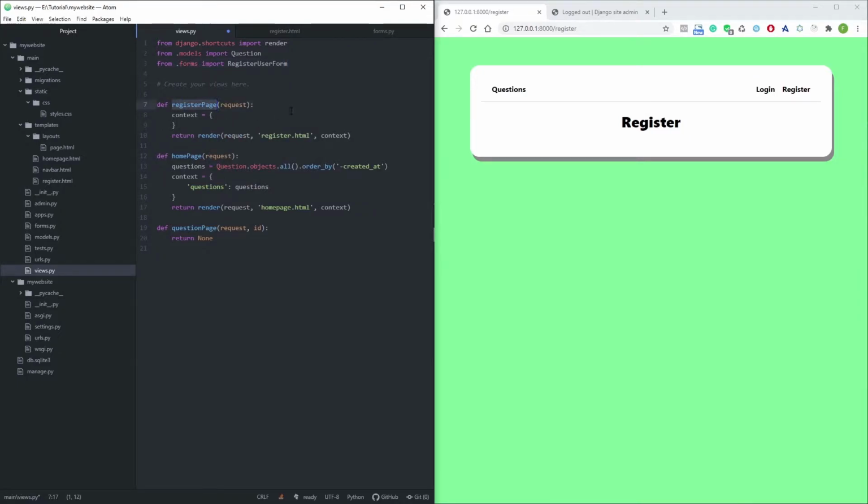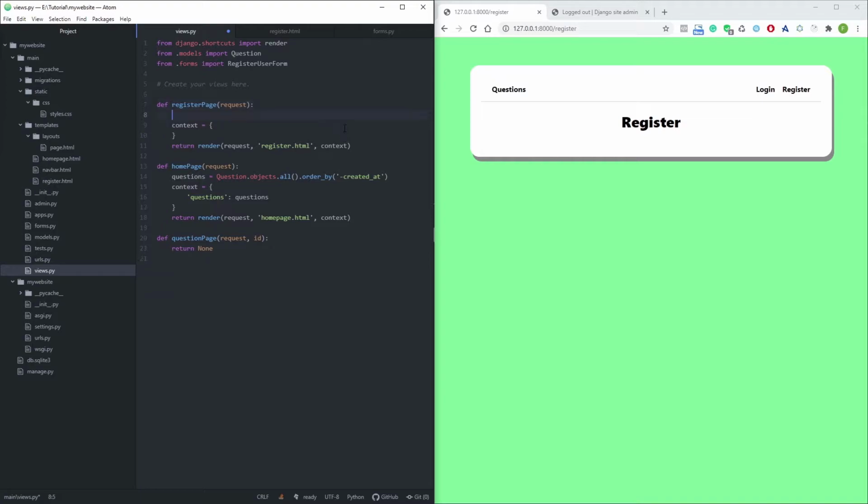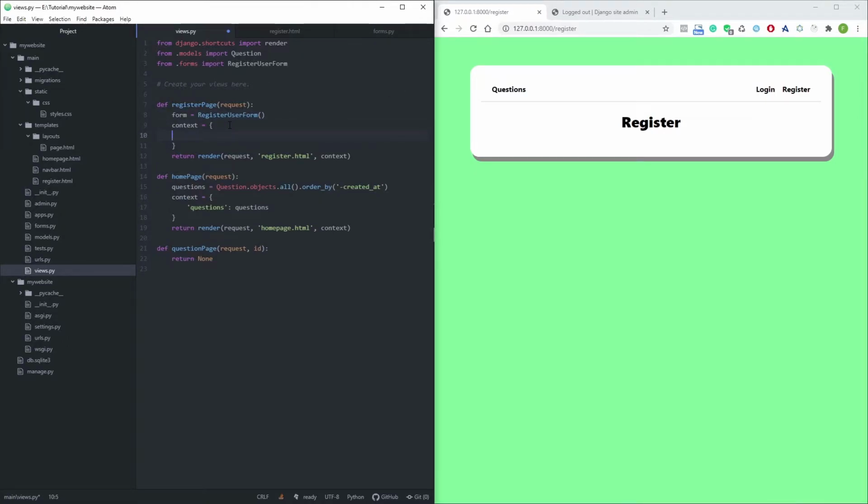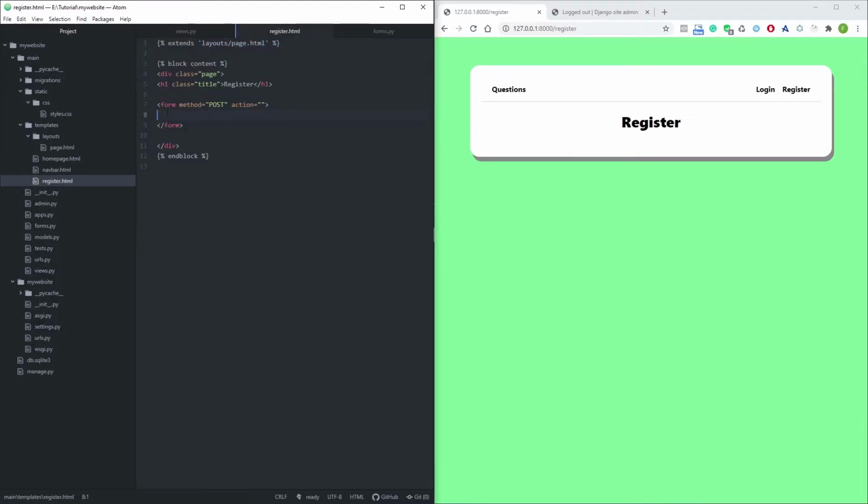So in our register view over here, we can just define a form, and we make the call for this register user form, and we can pass that in the context. So really simple stuff. Okay, so now we have the form here. Now we can access this form from the register page. So for now, what I'm gonna do is just display the form, and basically it is going to create